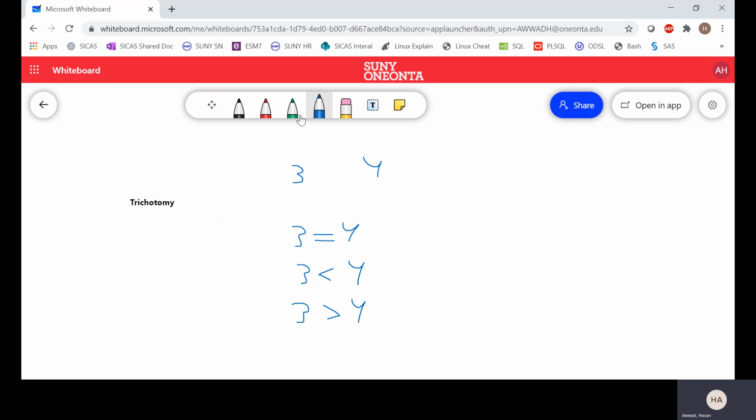Okay, so very obviously 3 is not equal to 4. We know that 4 is bigger than 3, so that's out. So that means that our correct answer here, or our correct interpretation, is 3 is less than 4. So again, trichotomy just says that only one of these is going to be true whenever you consider any two real numbers. Okay, that one's pretty easy. It's pretty intuitive. You've probably already considered that at some point, even though you might not have known the name